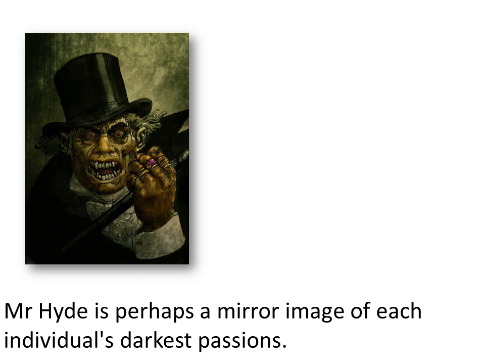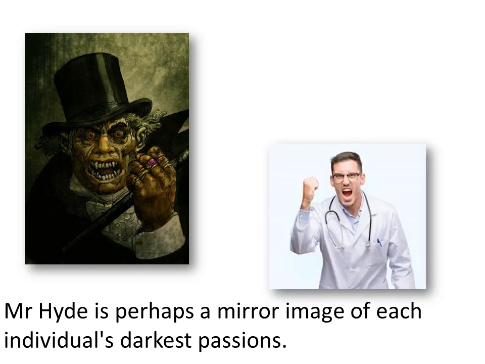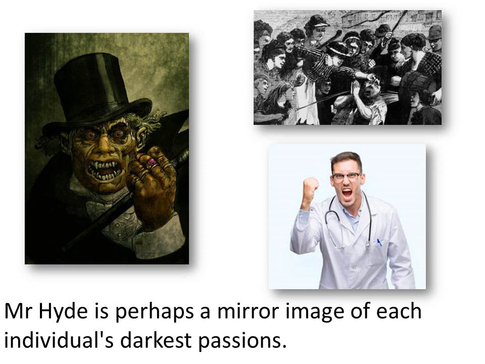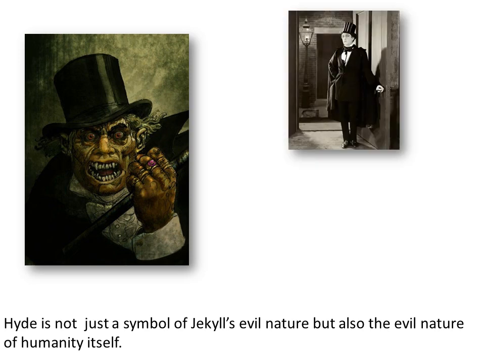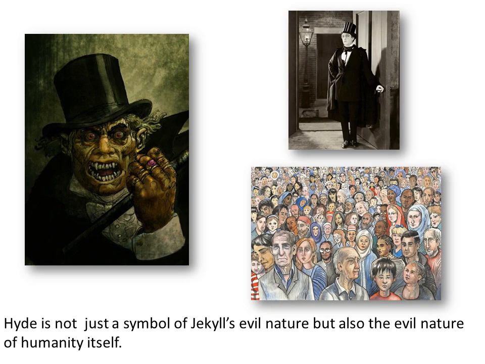We see a reflection of this idea in our extract. Around Mr. Hyde, the Doctor loses his will to save life and wants to take life, and the women lose all sense of grace and gentleness and instead become as wild as harpies. Perhaps Stevenson is using these descriptions to reveal Hyde's symbolic role in this novel. Hyde is not just a symbol of Jekyll's evil nature, but also the evil nature of humanity itself. In looking at Hyde's character, we are thus examining the darkest aspects of human nature.